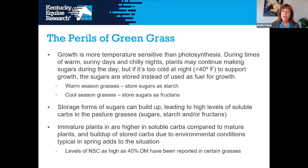And then along with that, immature plants, which of course we see in the springtime, tend to be higher in soluble carbs overall compared to mature plants. And again, this buildup of stored carbs due to environmental conditions that are typical in the spring just adds more to the situation. So you just think about the, and we're in April now, so